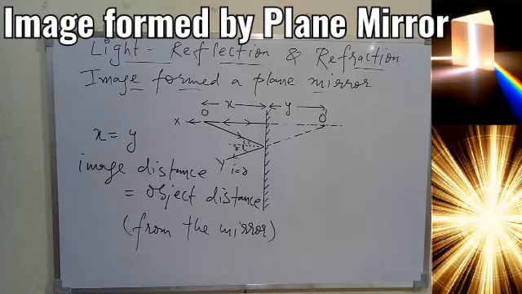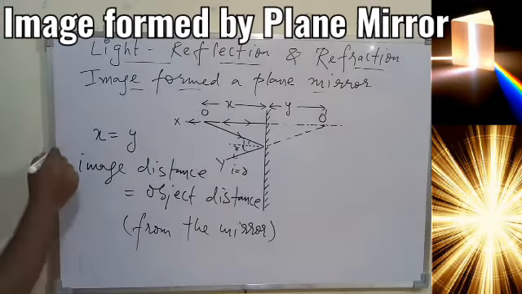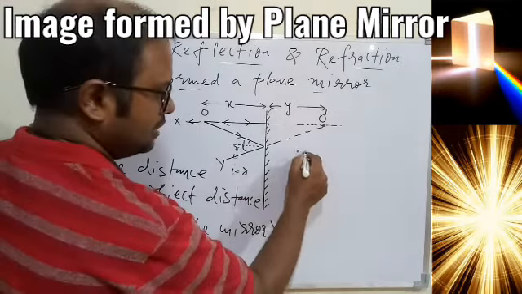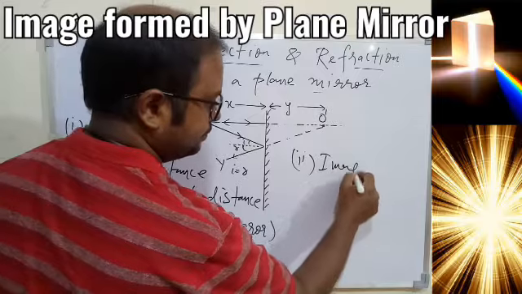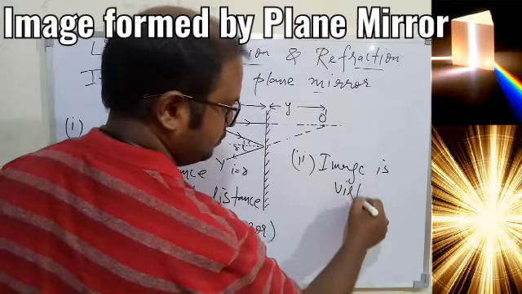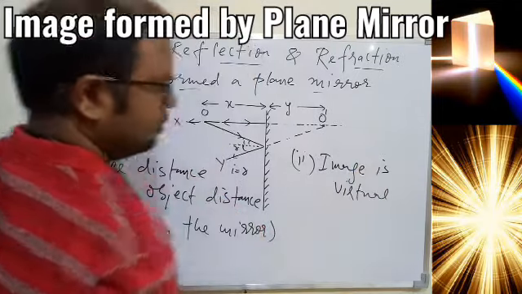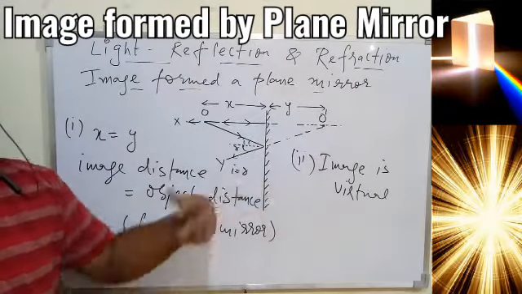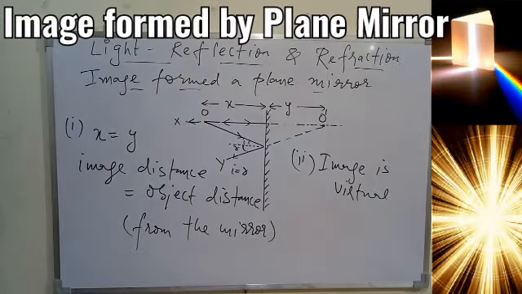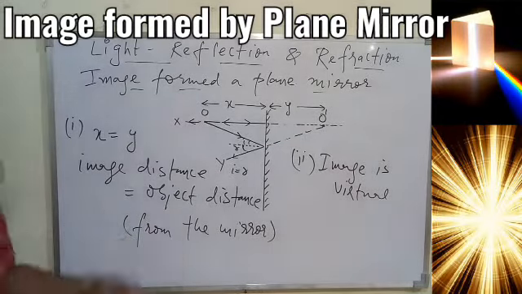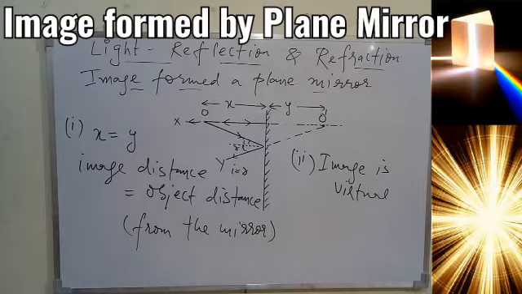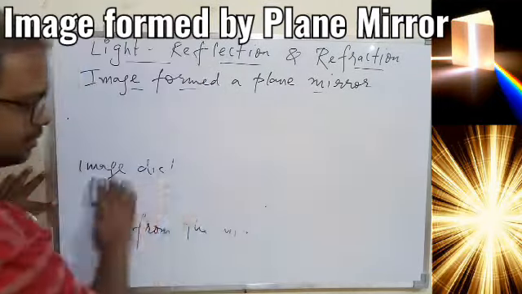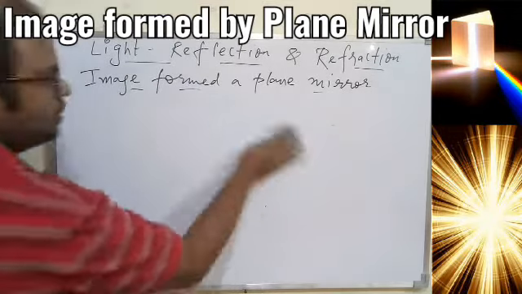Okay. Second thing is, you understood the image so formed is virtual. So we can say this is our very first characteristics of the image. Second characteristics we understood from this only, that is image is virtual. Why we understood? Because the rays actually don't meet at a point, they seem to meet at a point. And the rest thing we'll understand with the next diagram. So I hope at least this much is clear. So we understood two different characteristics of the image formed by the plane mirror with the help of point size object.